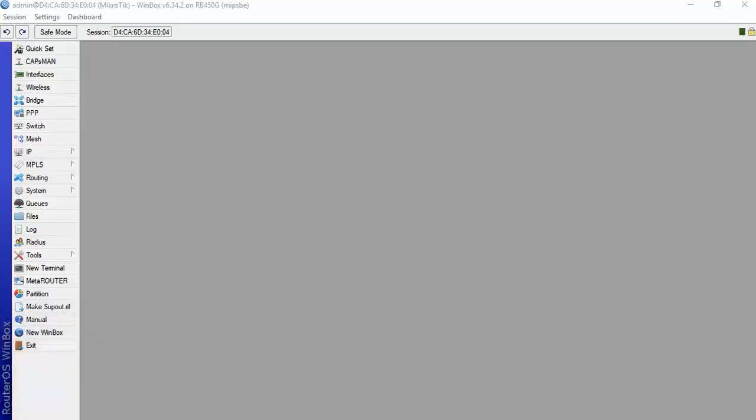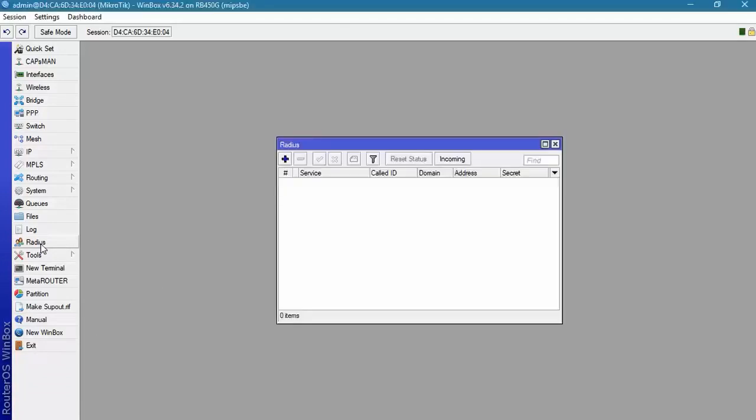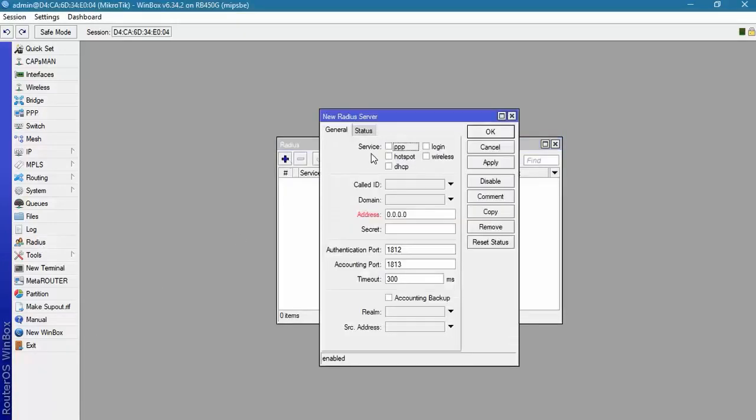Once you've logged in to the MikroTik web interface, you'll see a number of options on the left-hand side. You need to find Radius in the list and then click. The Radius box will appear. First, we need to click on the plus sign, and then from the Services list, we're going to tick the